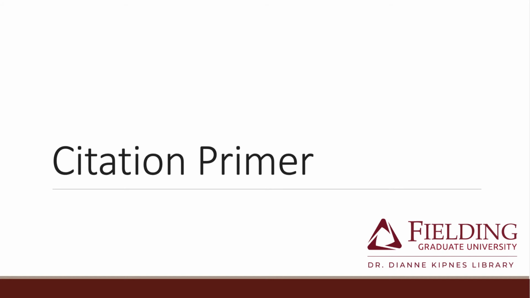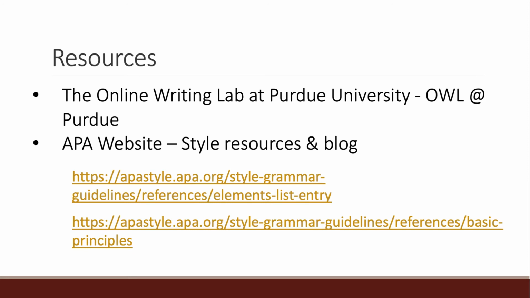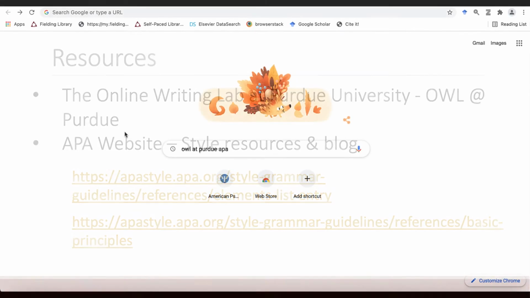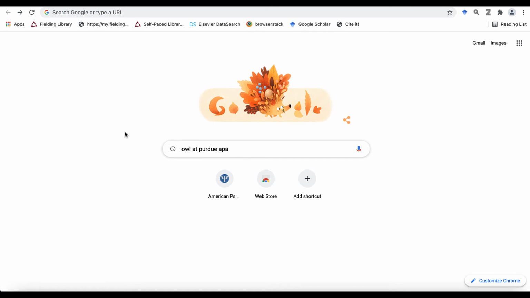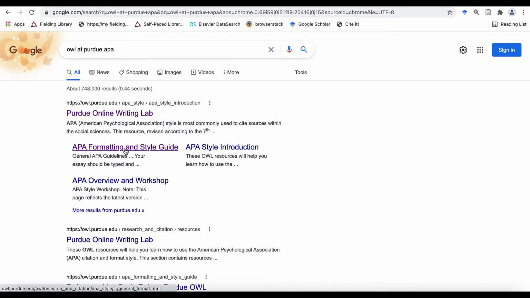In this citation primer, we'll go over the basic elements of a citation. In doing so, we're going to take a look at some free online resources: the Online Writing Lab at Purdue University, and the APA Style blog. To find the Online Writing Lab at Purdue University, look up OWL at Purdue APA, and then choose the APA